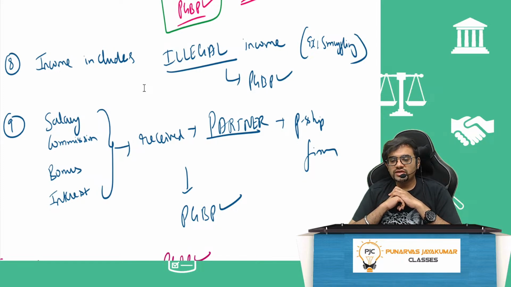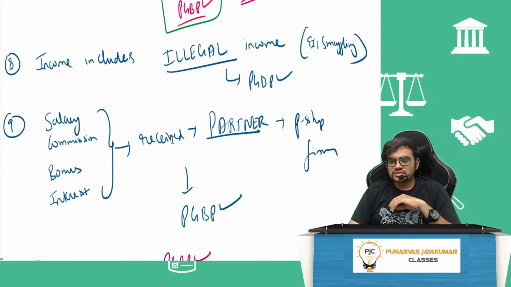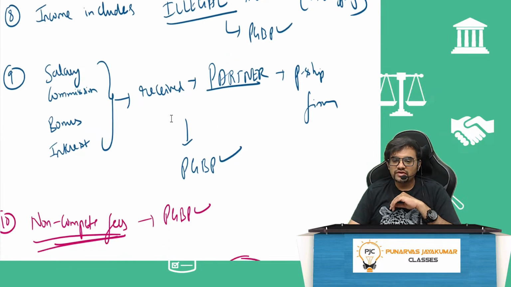Salary, commission, bonus, interest received by a member of an AOP, association of persons, will not come here. So if they want to confuse you, they will simply say salary, commission, bonus, interest received by a member of an association of persons. It will be what? Not taxable under PGBP. It is taxed elsewhere, that we will see later, right? So share of anything from an AOP BOI is exempt from taxation actually. But of course, not salary, commission, bonus, interest. We'll have to see that later.